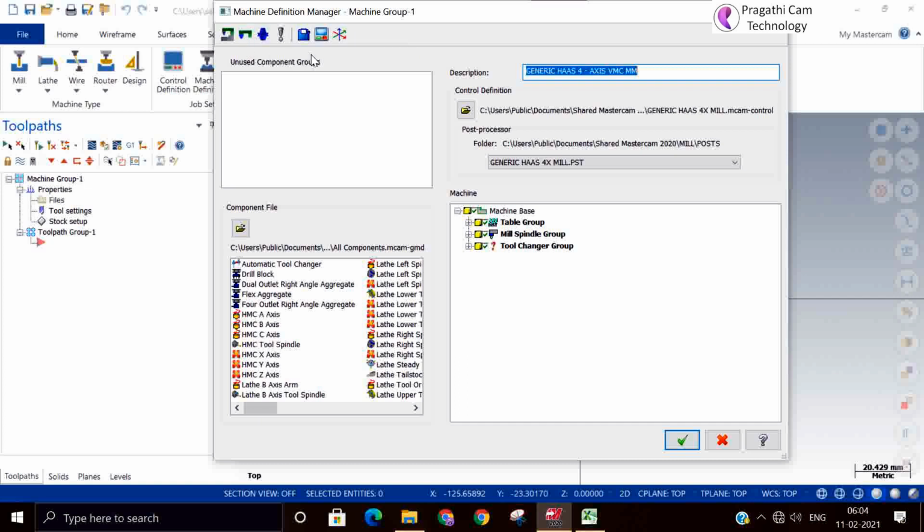So generally you no need to enter in all these things. If you take the post processor, it is more than enough. And this is your post processor. So just if you open it, how the machine is built, that will be shown here. Machine here, table. Above the table that is y-axis. Above the y-axis there is x-axis. Above the x-axis there is a machine table.